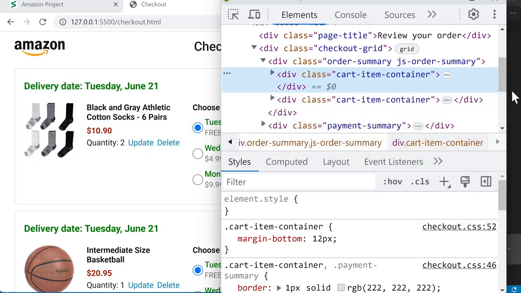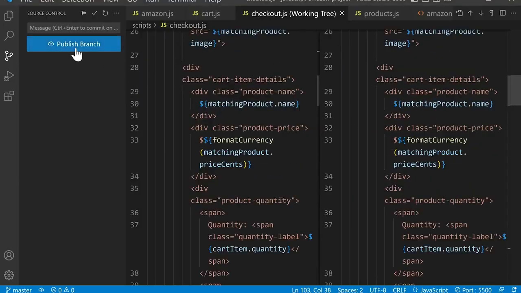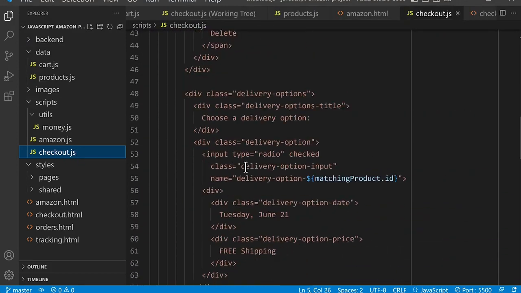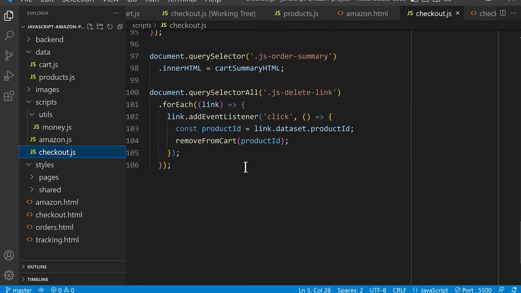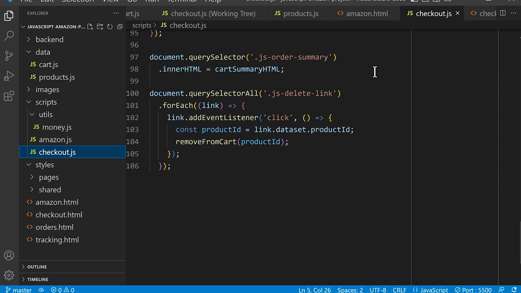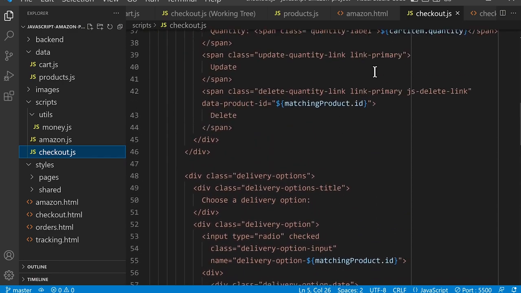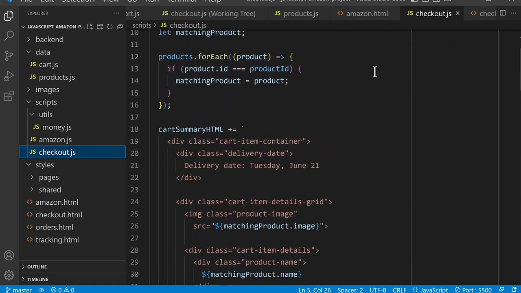And then if we go back to our code and we open checkout.js and scroll to the bottom, when we click delete, we have the product ID here. So we can use this to select that special class that we're going to add. So first, let's add that special class to each of these elements. So we're going to scroll up to the HTML, and we're going to go to the top here to the